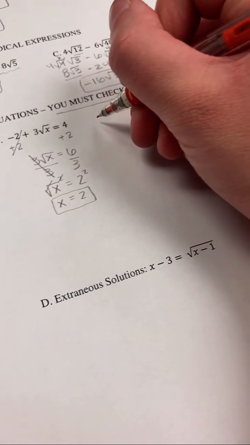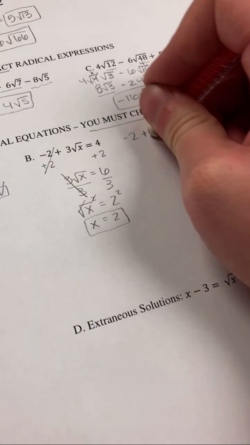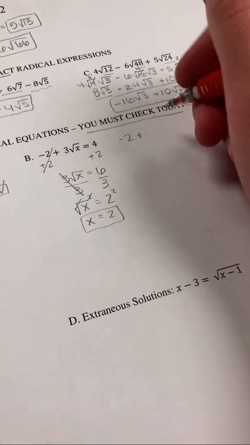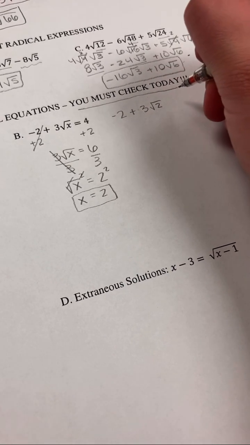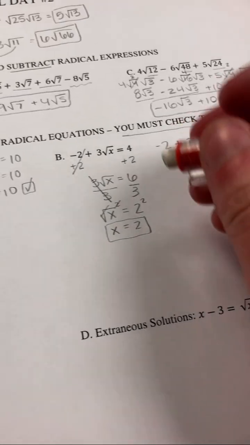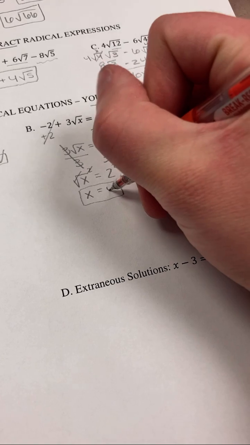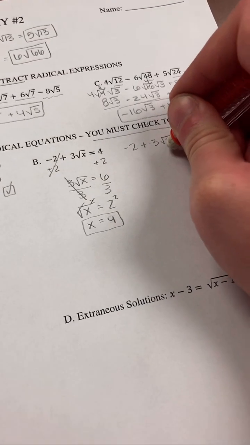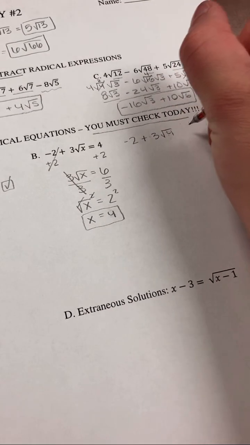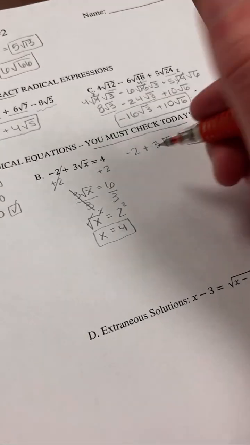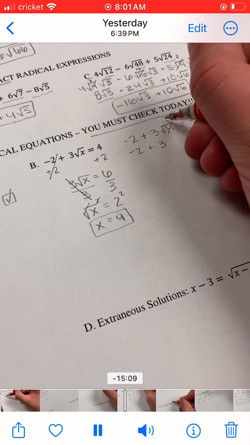I have negative 2 plus 3 square root 2. Oh, right here, guys, 2 squared is 4. My bad. Equals 4. All right, so I get negative 2 plus 3 times the square root of 4, which is